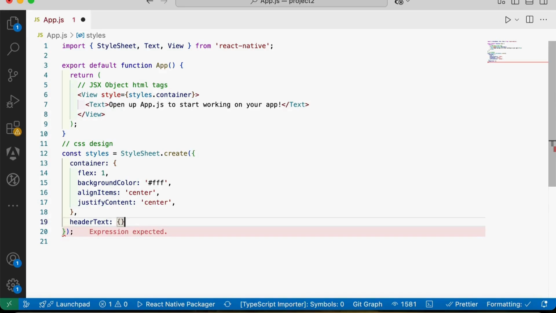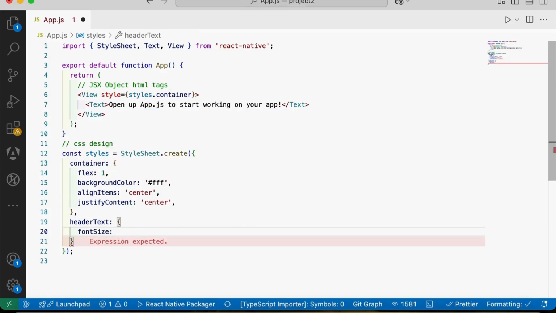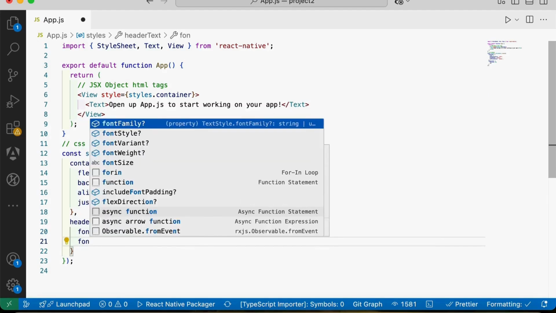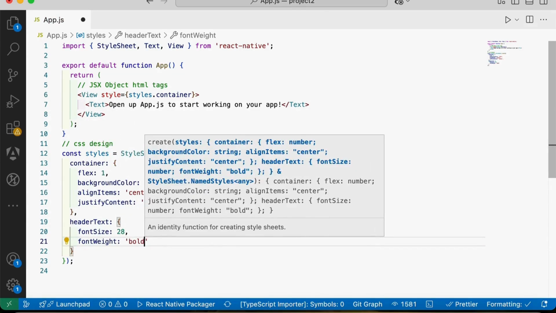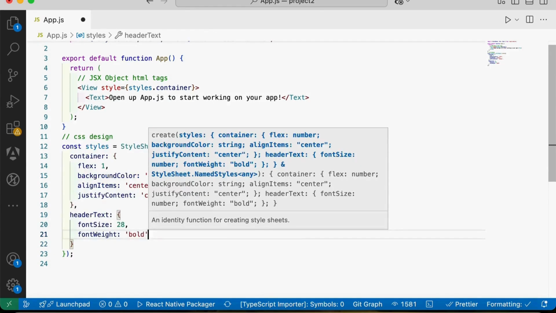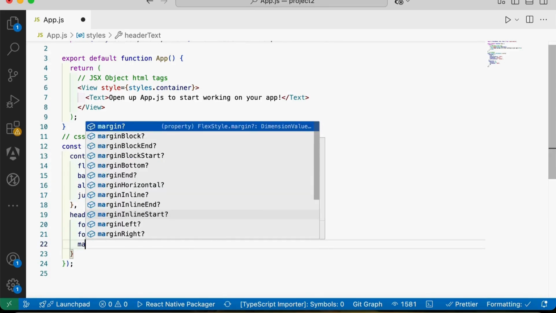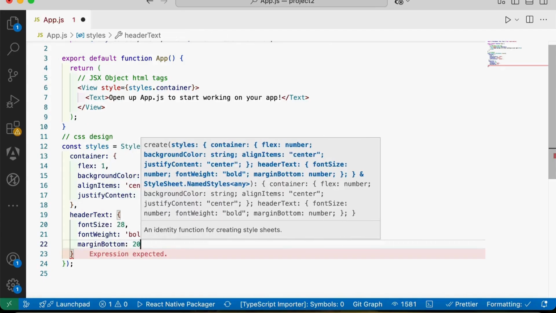style, and for this header text style I have the option to design the header text. For this header text I will go with font size 28, and I will also select font weight. I can go with bold, and that means I will see a bigger bold text. Don't forget to add commas after each one of them. And I will also add margin bottom, let's say 20, so I can have some space